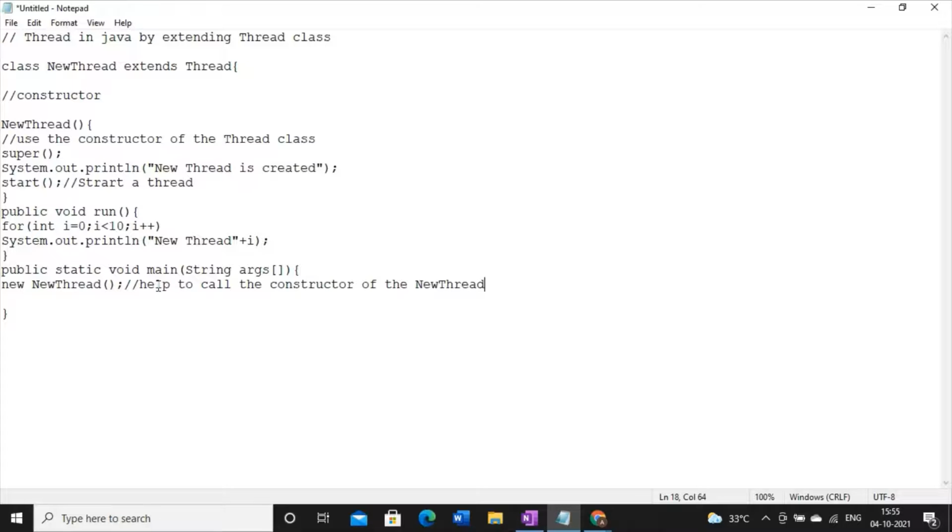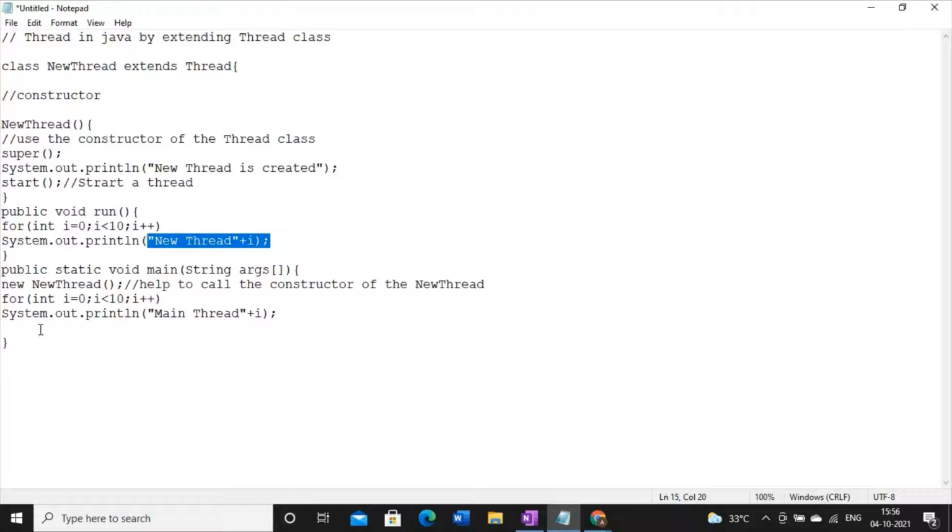Now later we can write the piece of code that we want our main thread to perform, right? This is the task we have assigned that we want our new thread to perform, and here I am assigning one task that we want our main thread to do. Say I'm just writing the same thing. I'm just printing I up to 10, and this is the task for the main thread. So this I is printed by the main thread, and this I is printed by the new thread that was created previously.